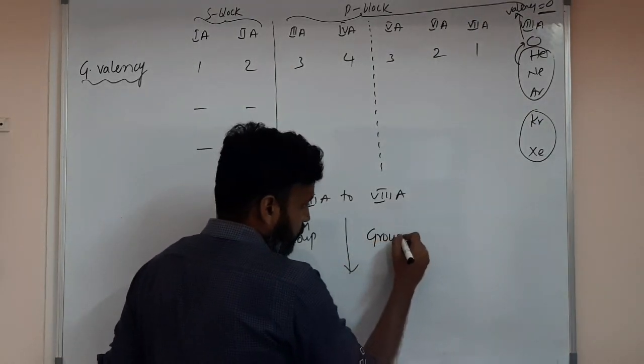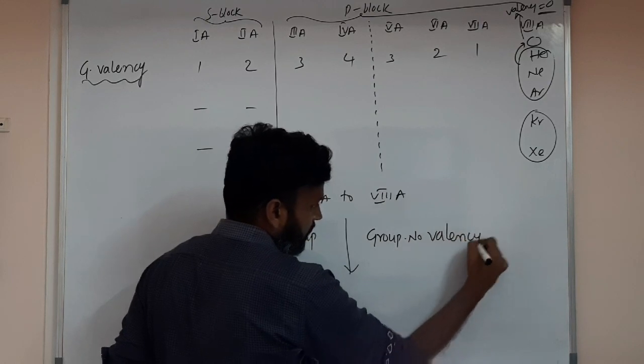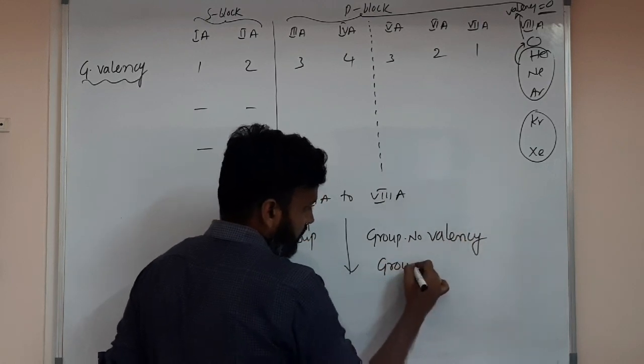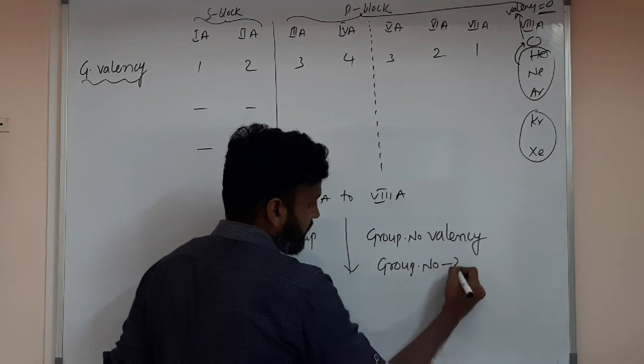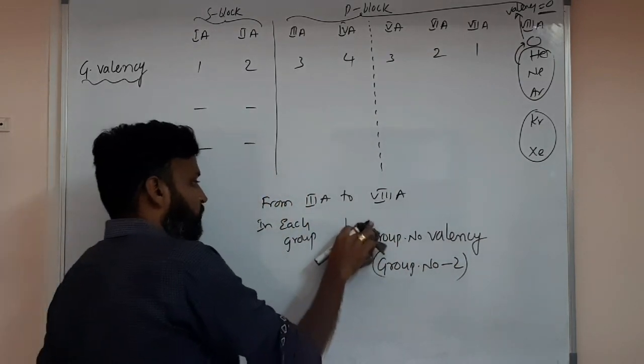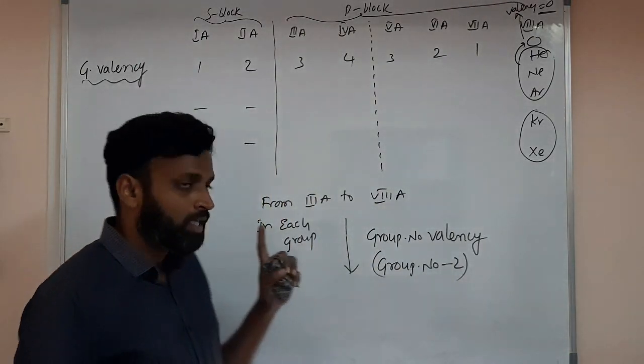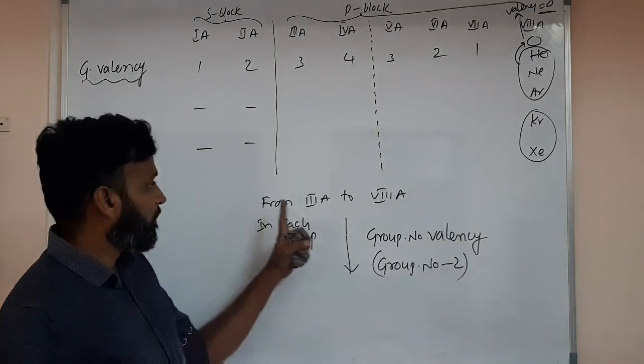One is group number valency and group number minus 2 valency. Positive, group valency is no positive, no negative. For oxidation states we use positive and negative. I repeat, from